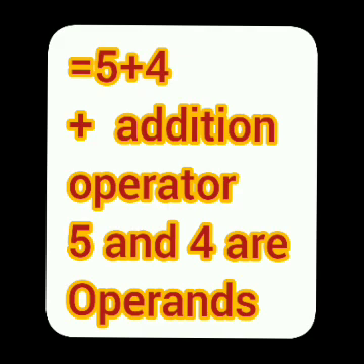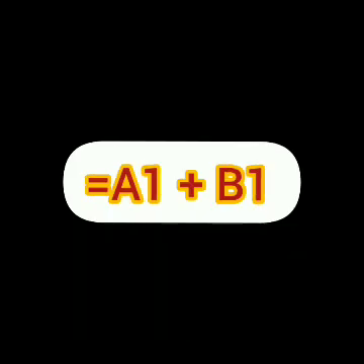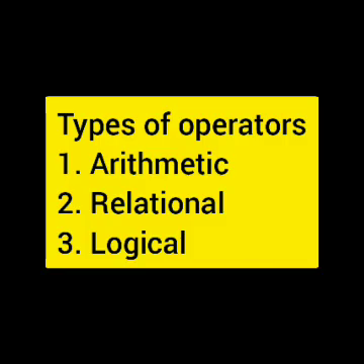Okay. Then equal to 5 plus 4, or we can just give the cell addresses of the locations also. For example, A1 plus B1. Here A1 and B1 are cell addresses, and the values inside those cell addresses will be known as operands. Okay, or the data is known as the operand. So there are three types of operators: arithmetic, relational and logical. There is another term called the expression that we will discuss later after studying relational operators.